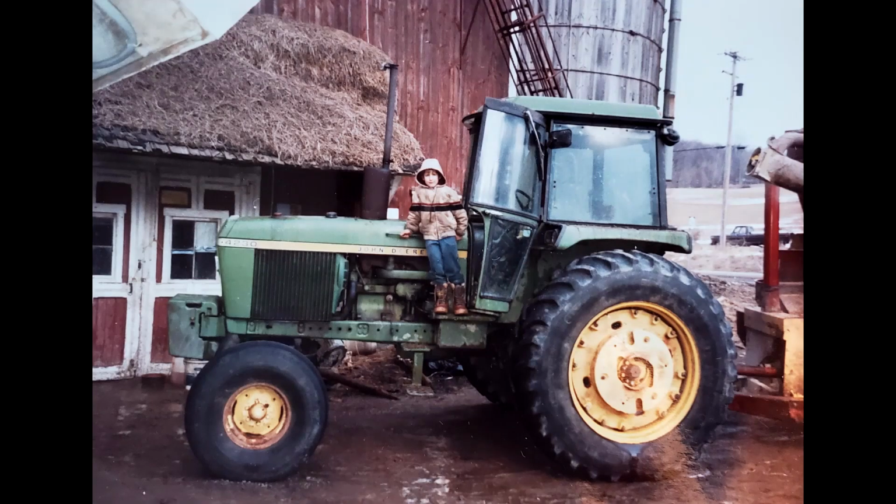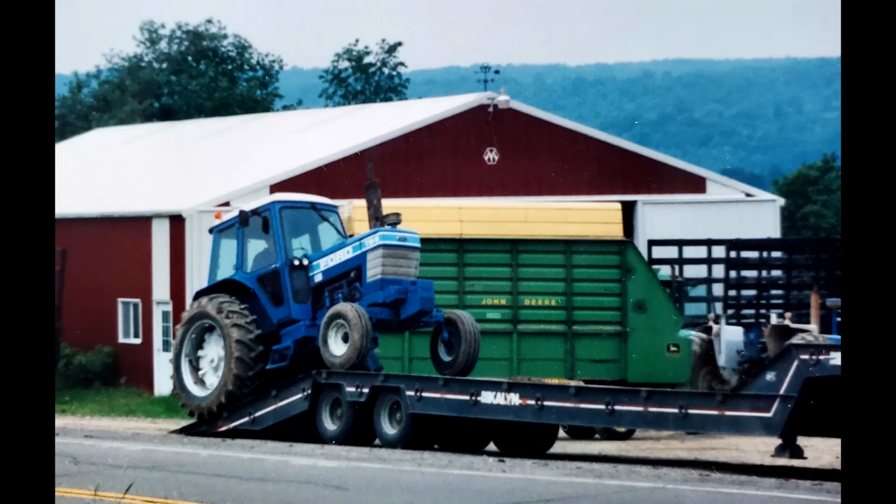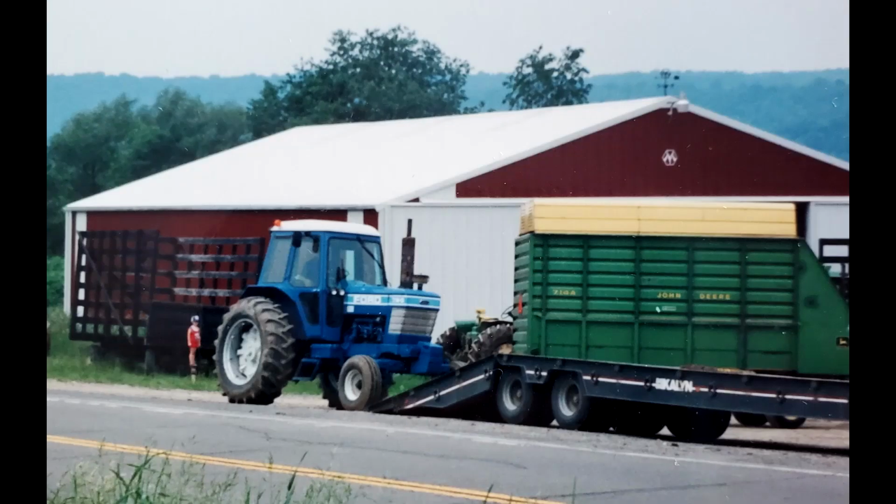The old 4230, I bought it at auction. Thought that was the greatest tractor. It's an 8-speed power shift, which I learned to hate. So I started trying out new tractors again, and